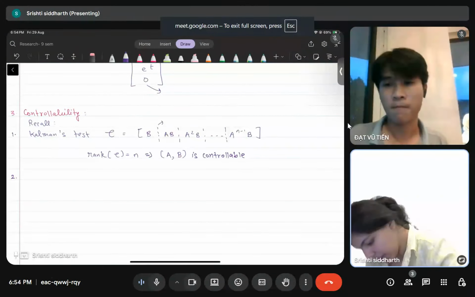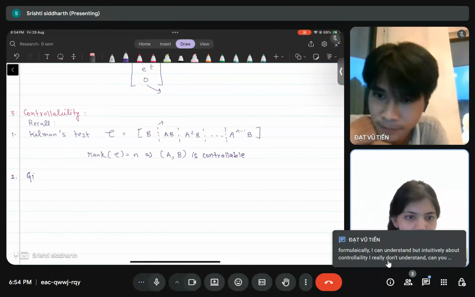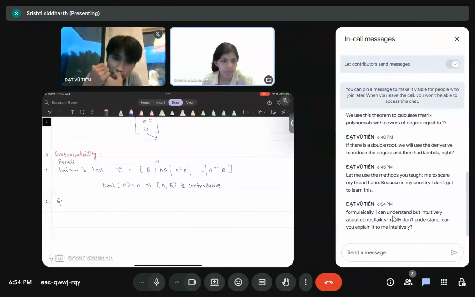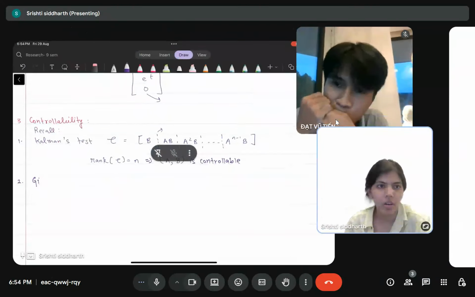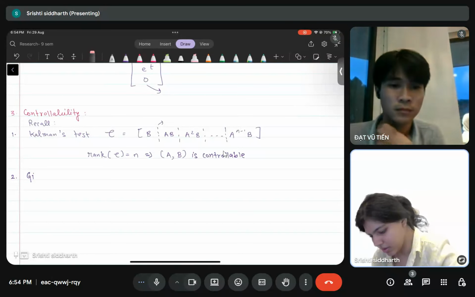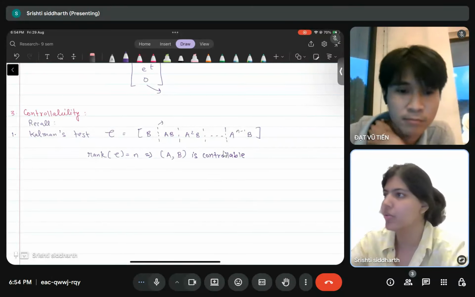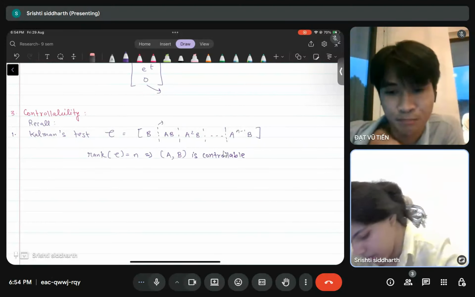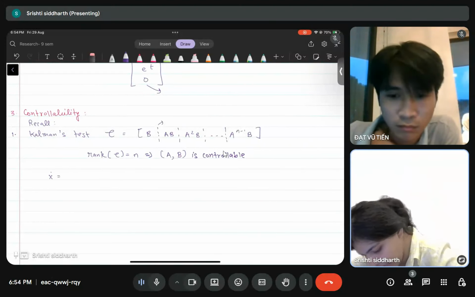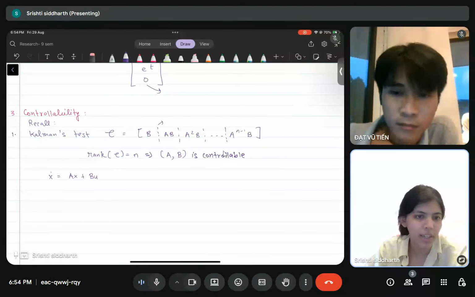And the next one is Gilbert's test. Yeah, sure. So it all starts with the solution. So if we have, let's say, x dot equals Ax plus Bu, because now you want to talk about controllability, so there is an